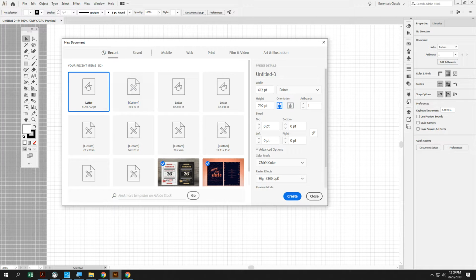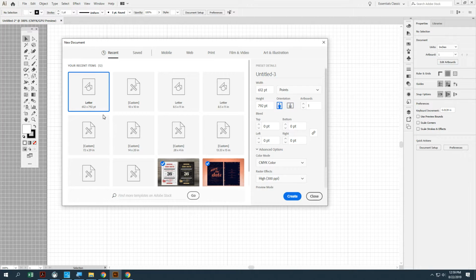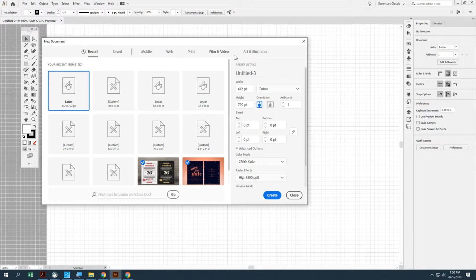I'm going to pull mine up just so I can point to some stuff and show you. My recent documents are full. You guys had nothing in there in your recent documents because every day your computer is reset and you don't have recent documents. Unfortunate, but that's how it is here at school. So what we're going to talk about first is actually these settings right here where it says mobile, web, print, film, video, and art and illustration. You might ask, why are there so many different categories for presets? Well, if we take a look at mobile,